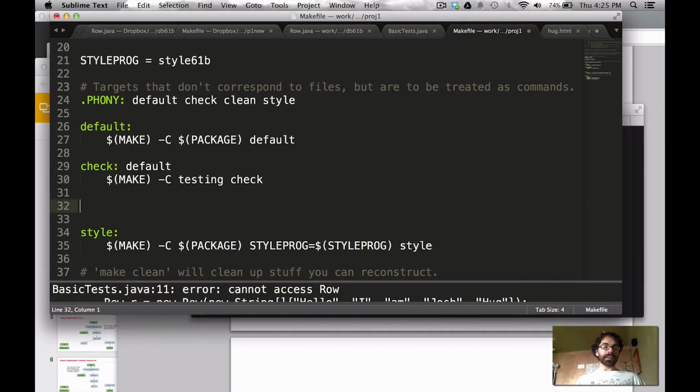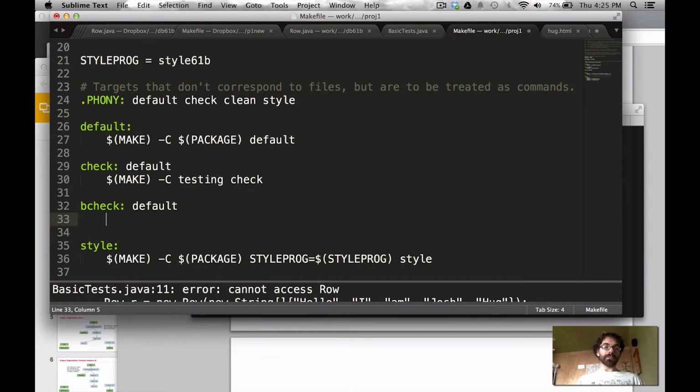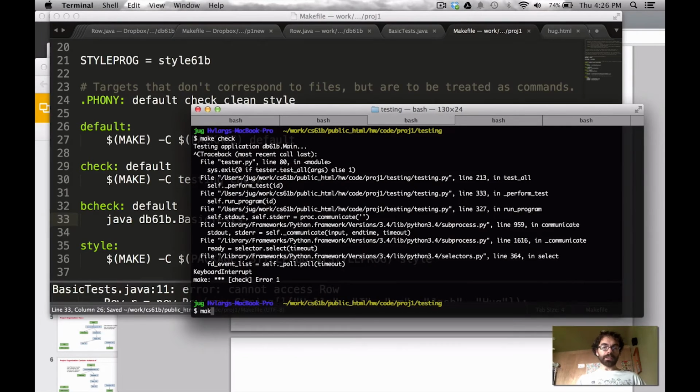So what I might do instead is I'm just going to make up a new label like bcheck. I'm going to put default, which means make sure you always compile all the code first. And again, Lab 5 gives the full details. I don't want to do it in this video. And then here, we don't want to make anything in bcheck. All right, making's already done. We don't want to call another makefile like this one does. We just want to say java DB61B.BasicTests. So now if we type make bcheck,